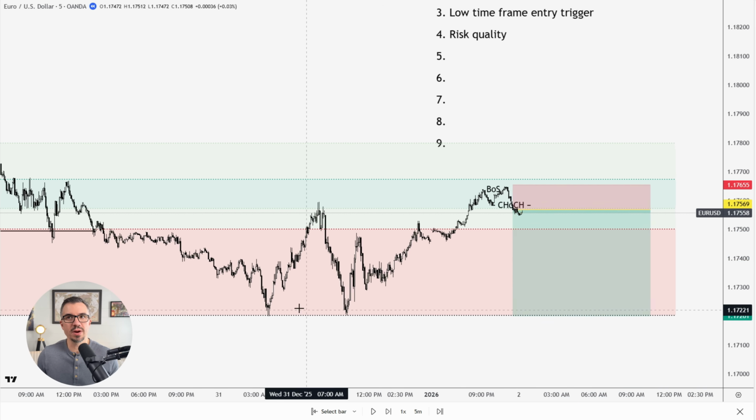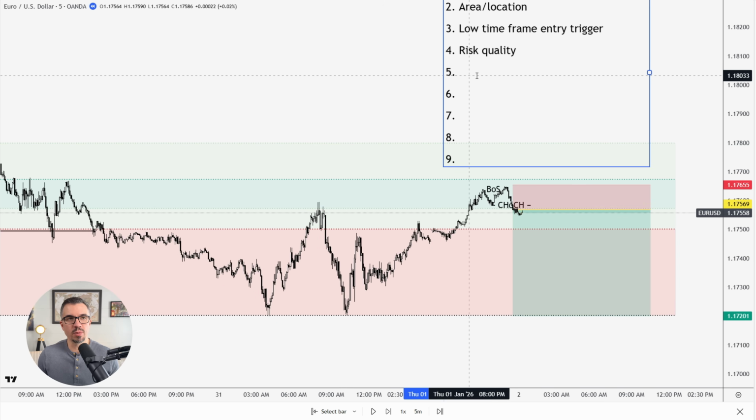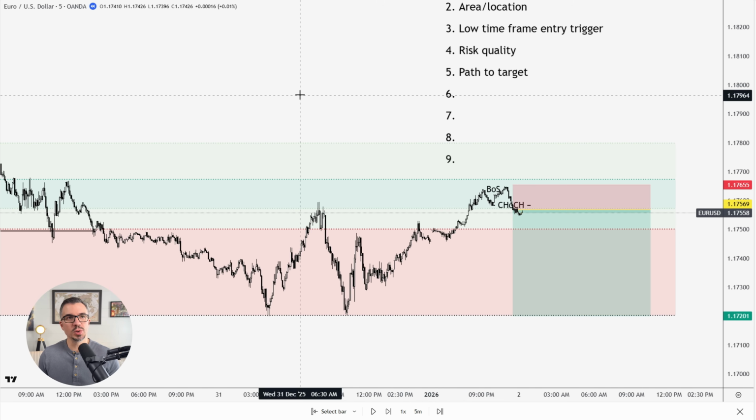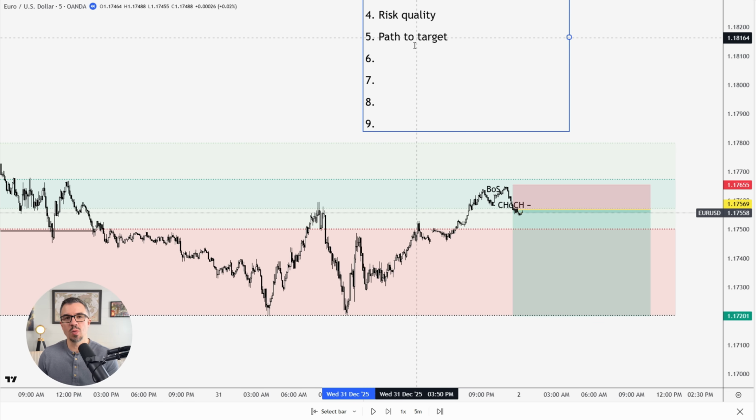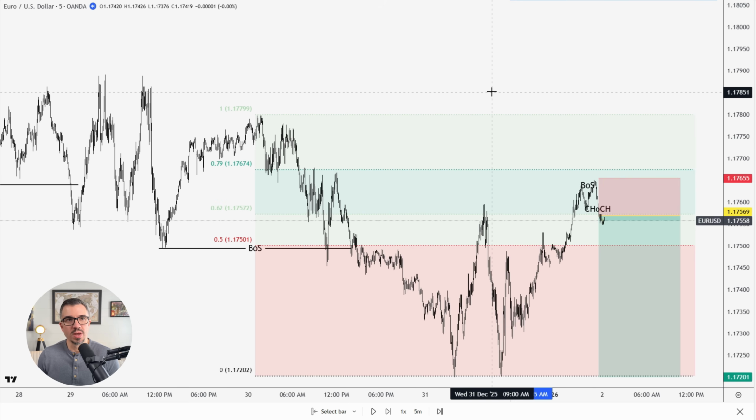So that's my next filter there. And my fifth filter, okay, before we play this forward, my fifth filter here is going to be the path to target. Now, what does this mean? It means that you don't just want to squeeze out a 3-to-1 reward to risk. So what tends to happen is when I say that my minimum is a 3R,